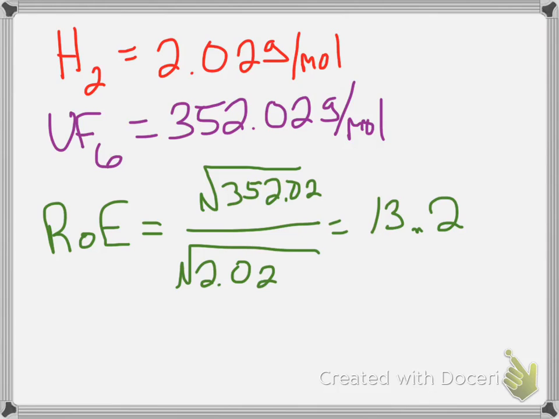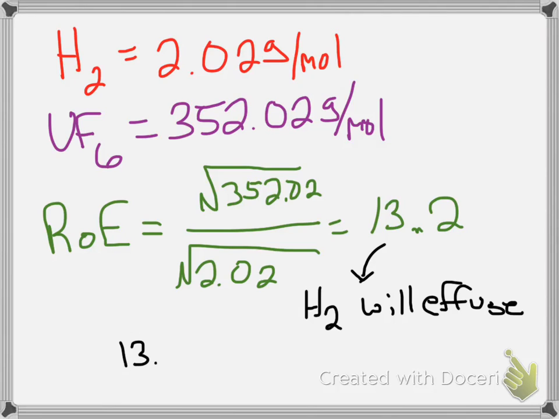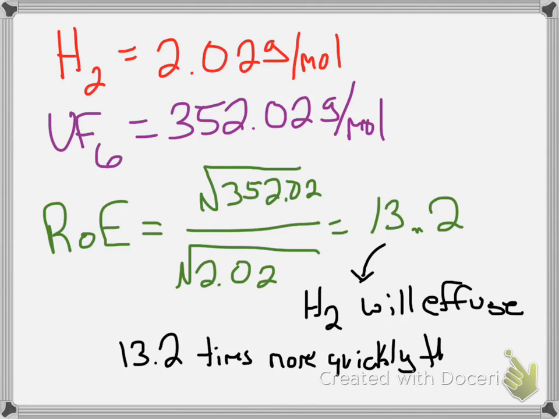So what does this 13.2 mean? Well, it means exactly that: H2 gas will effuse 13.2 times more quickly than UF6. And so that's why we have to reverse these two, so that we can actually get the right